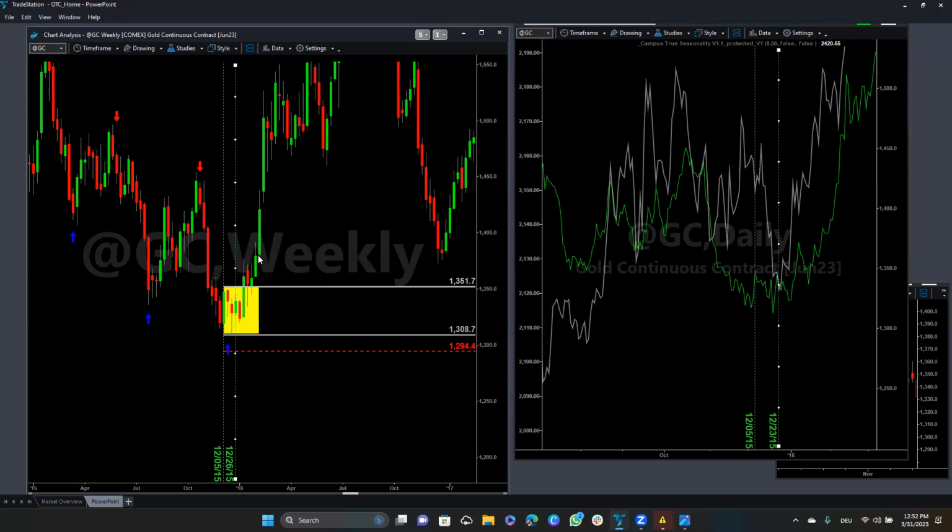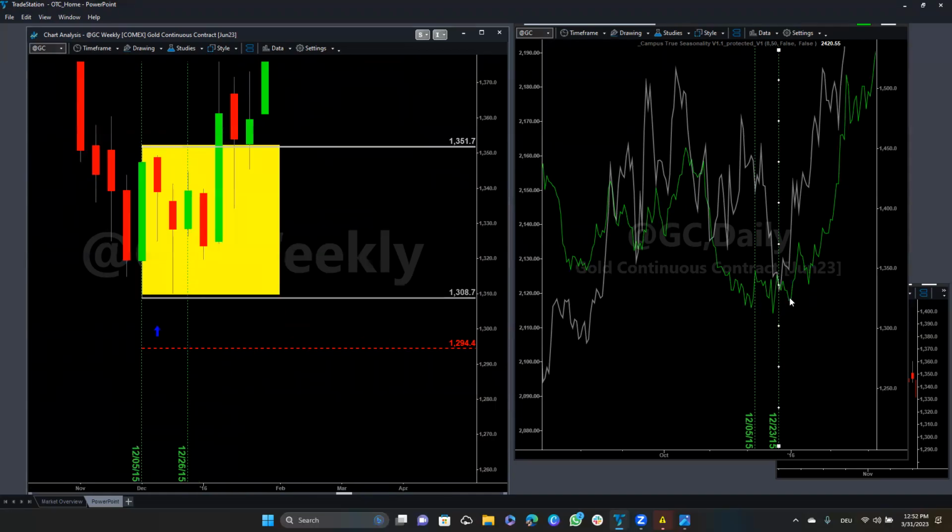You can change this also on daily time frame. Right here, it's easier then, but I want to stay in the weekly time frame. Here you can see the bullish engulfing. Okay, means here the 23rd is around this one here. Okay, that means wait for the seasonality buying point and then check where you are, right? Where you are, and you see on the 23rd around, right? Or let's check